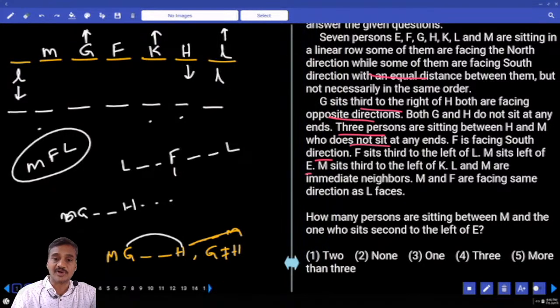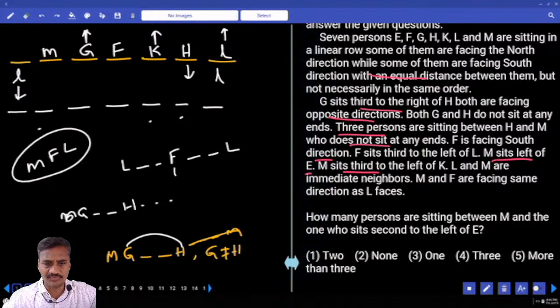M sits left of E. Now M is to the left of whom? M is to the left of E is given. M sits left of E. M is to the left hand side of E. Then M sits south to the left of K. M is south to the left of K, and